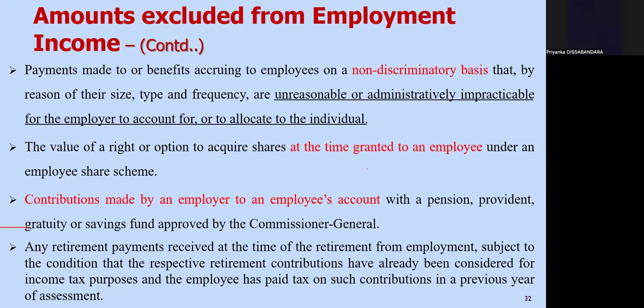So the option, at the time of granting that option, we do not consider it for employment income. The next item we have to exclude is contributions made by an employer to an employee's account with a pension, provident, gratuity or saving fund approved by the Commissioner General. That means if a contribution is made by an employer to an employee's account,